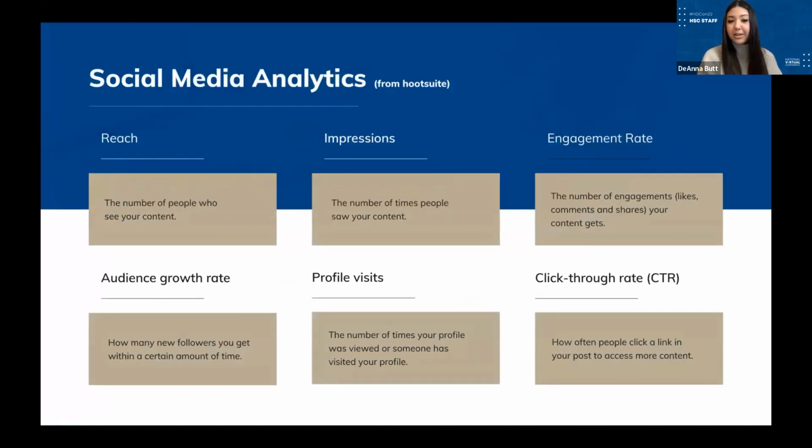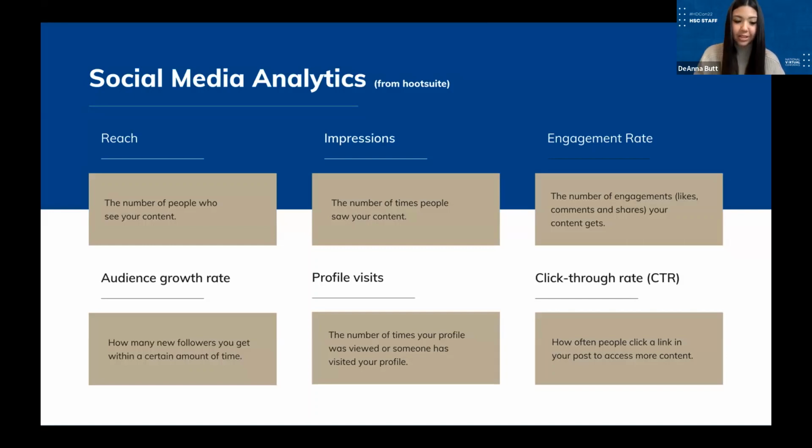We're just going to switch it up now to talk about a little bit of social media analytics. I could talk about social media analytics for a whole day. There are so many analytics, but for the sake of this presentation, I just wanted to talk about a few of them to give you a little bit of an overview of how you can track some of your engagement on some social media platforms. So social media analytics is the best way to see what content is performing well and which posts get the most engagement. We're just going to do a high level of how you can track your growth online.